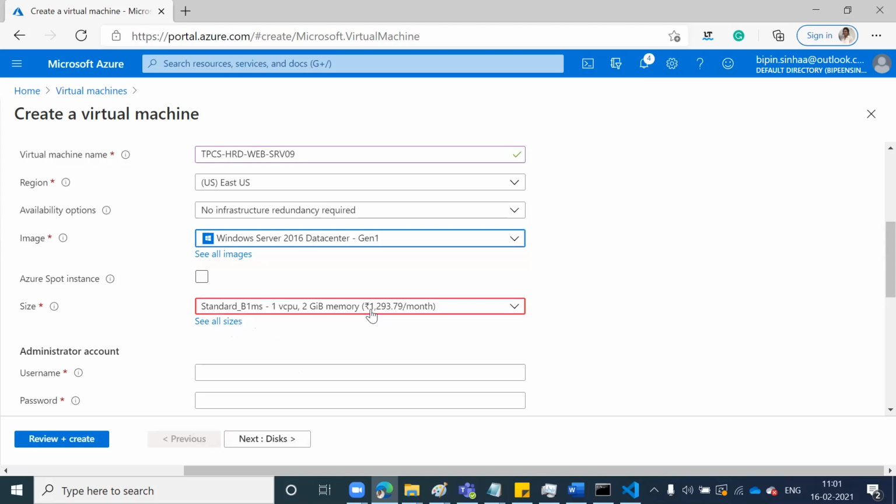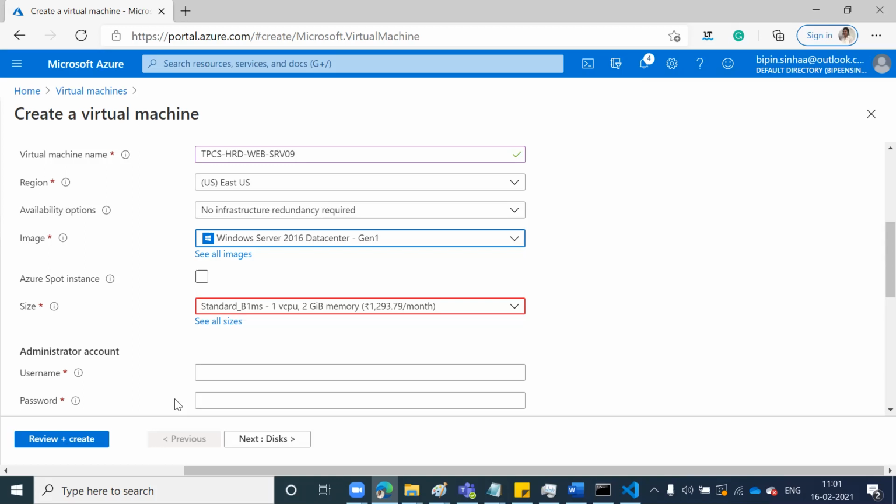Then it is asking what size you need. Remember, each size has a price. For example, currently I am selecting a size B1MS. It gives you one CPU, 2 GB memory. And what is the charge? 1,293 rupees per month.